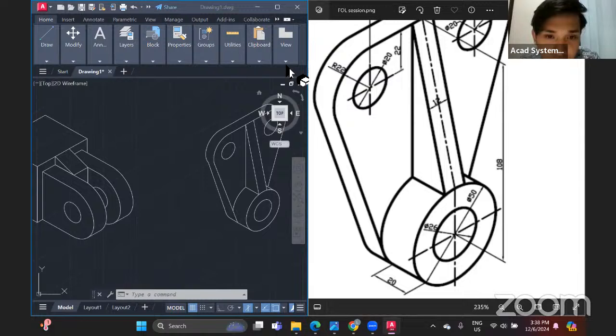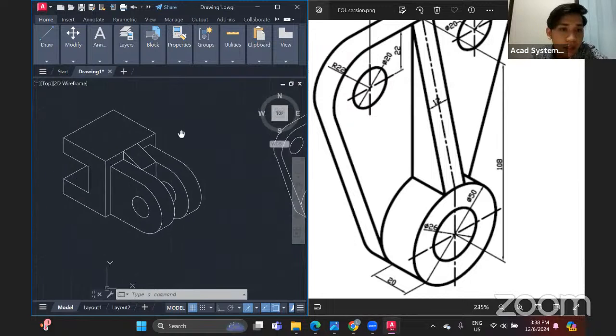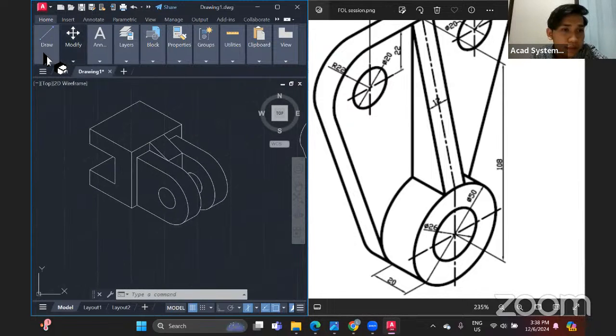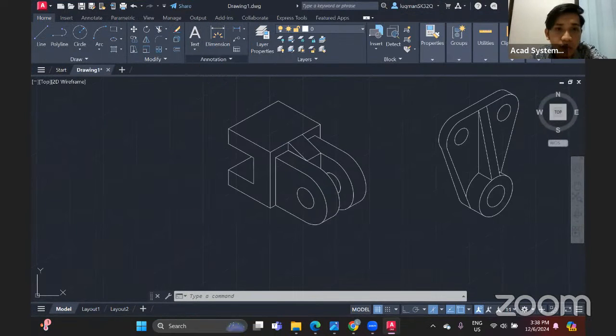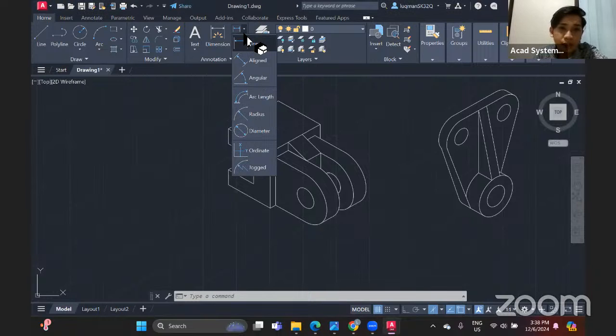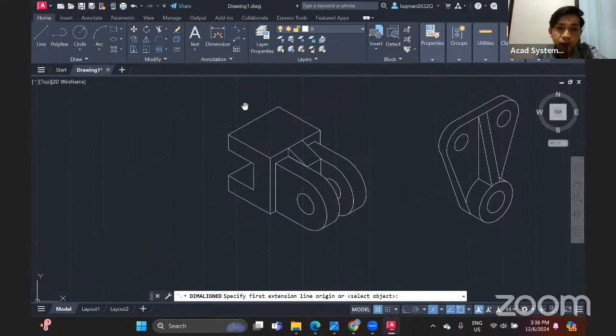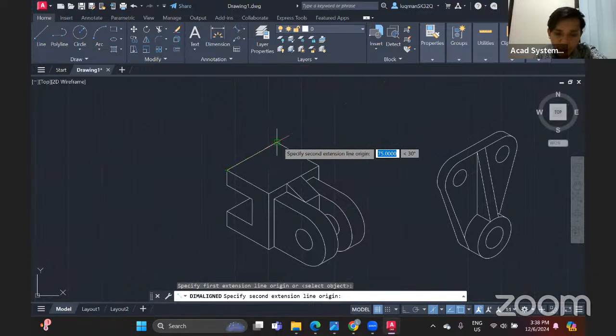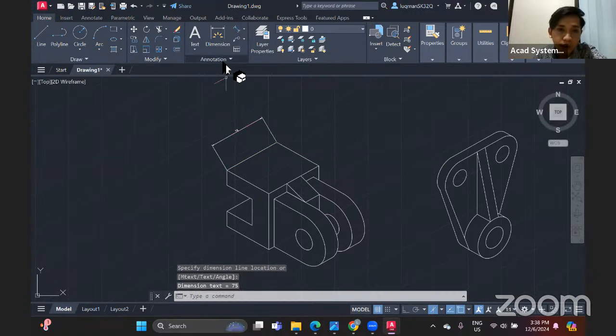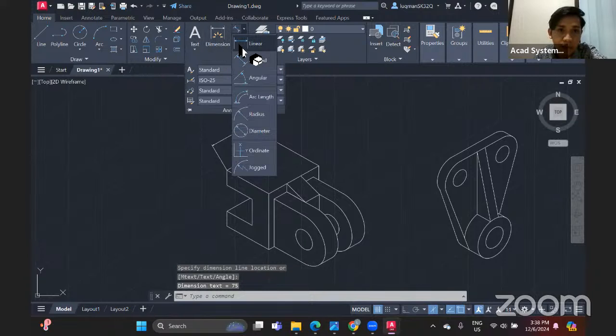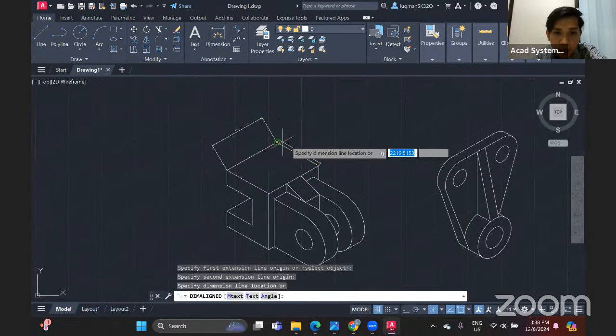How to label the dimension in isometric? So how to label the dimension in isometric is, you can use this at home section here. You can click annotation. Let's say that you want to make a line for isometric. You need to use a line tool. So let's say that you want to make a dimension on this line. You can just click at any point that you want, like, let's say, line 2, click here, and it